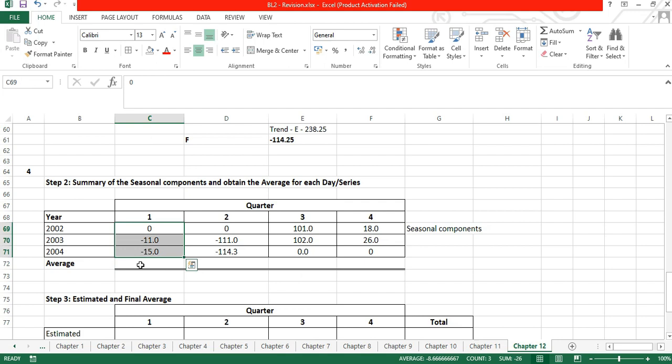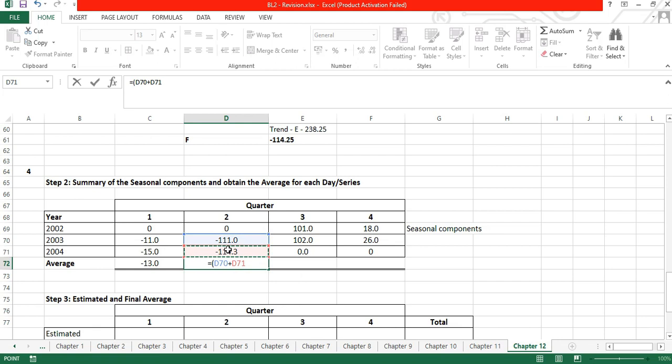Now, take the total and get the average of the total. Now here there are only two figures, because one is 0. So, only two figures with values. So, this minus 26 you divide only by 2 because there are only two figures. Here also the same, there are only two figures because one item is 0. So, we divide by 2 to get the average. Here also it is the same. Two figures only there, other one is 0. So, we only divide by 2. Same. Divide by 2.